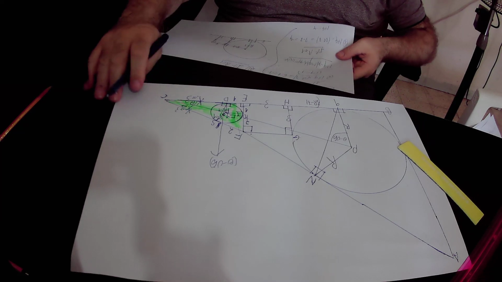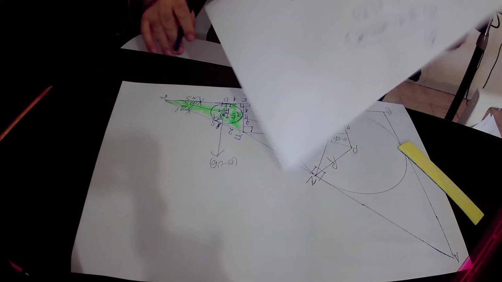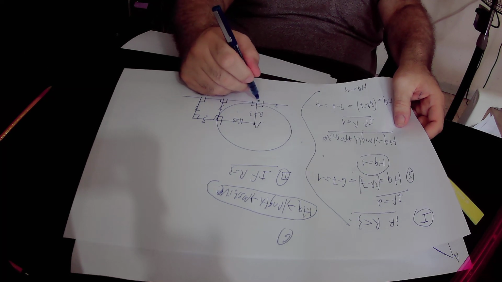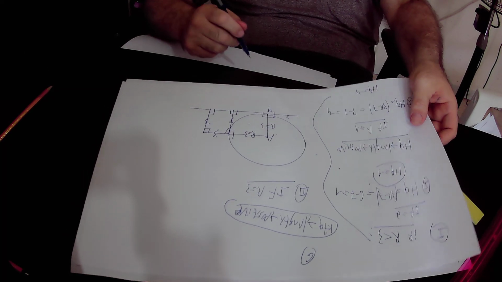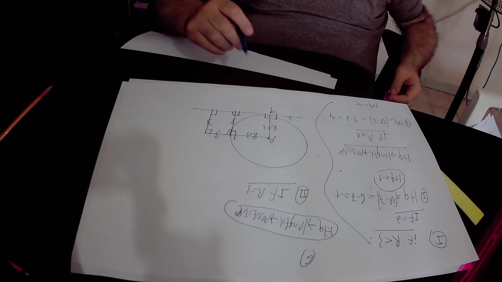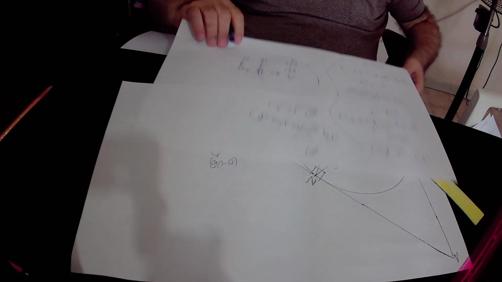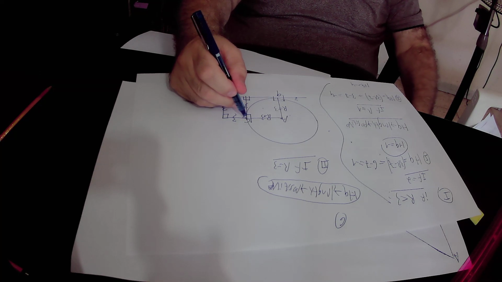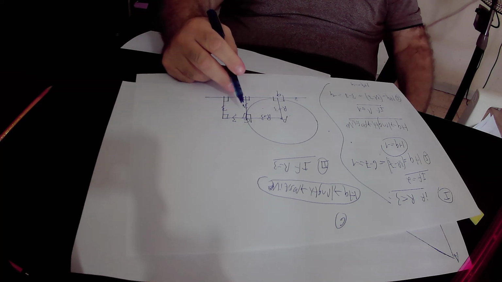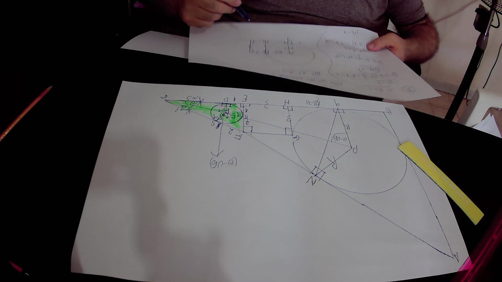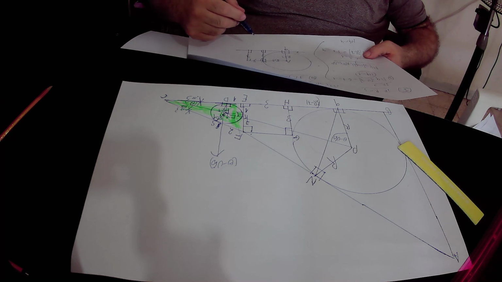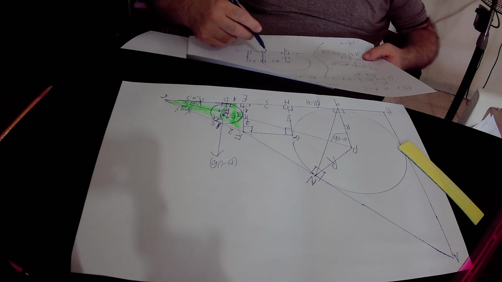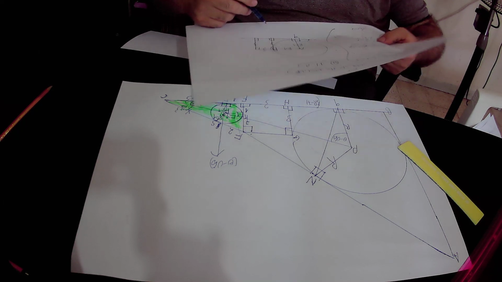So here PQ, the center is P, and the point of tangency is Q. This point is point G. So inside quadrilateral PGQH,